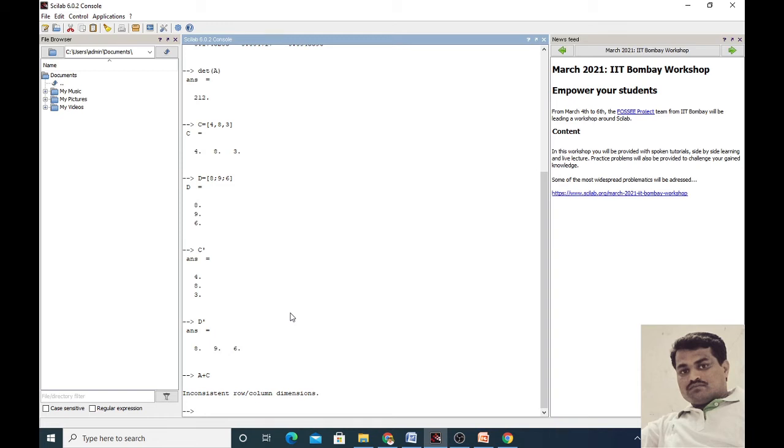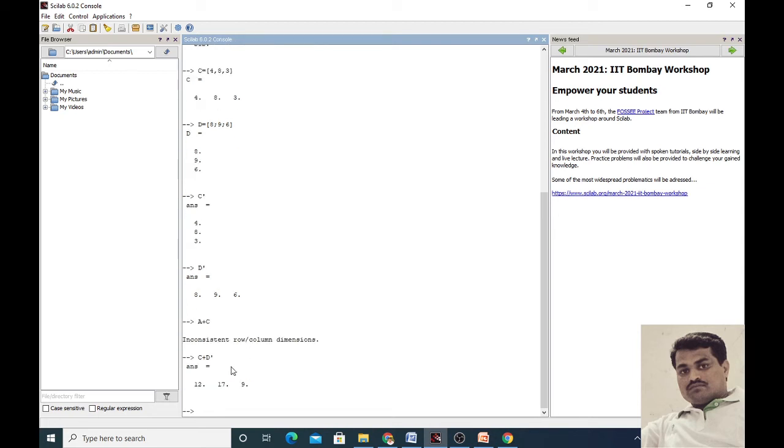Suppose C is a row vector and D dash is a row vector. Then we can take C plus D dash, press enter, and we get the addition of the two matrices.